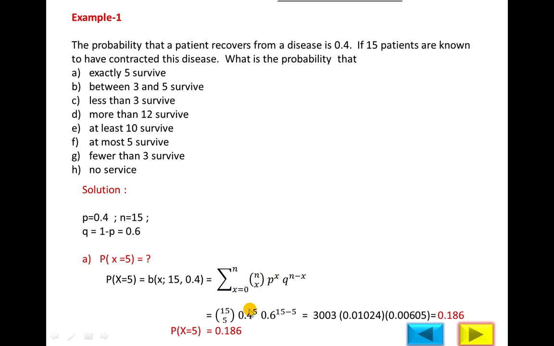So n is 15, x is 5, p is 0.4, x power 5, 0.6 power n minus x, 15 minus 5. 15 combination 5, solve using the formula or calculator. We will obtain this 0.4 power 5, this 0.6 power 10, is equal to this. The probability is 0.186. So if 15 patients contact the doctor,